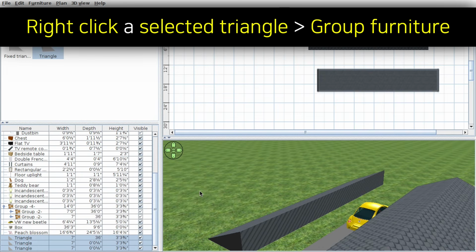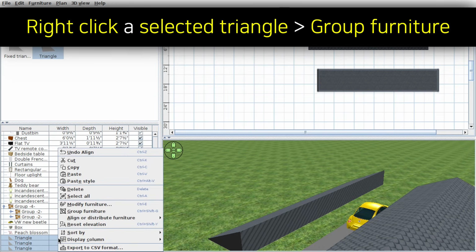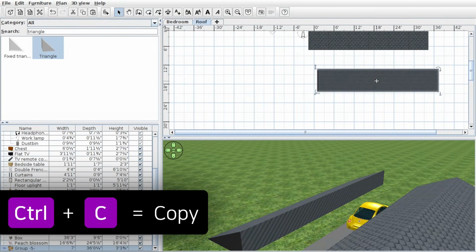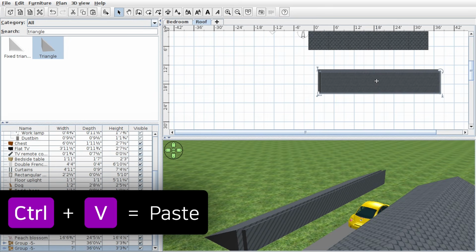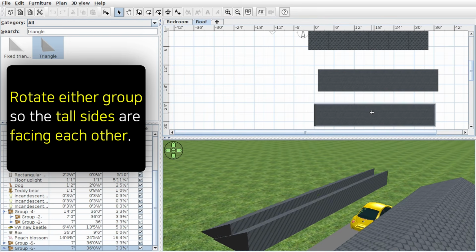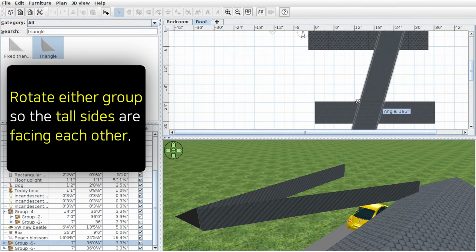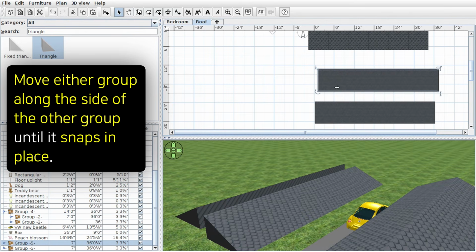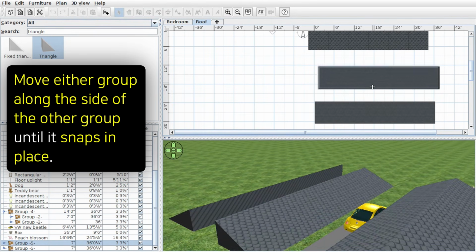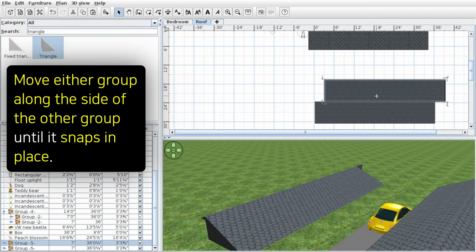Now that the triangles are lined up, we can right-click one of the selected triangles from the furniture list again, and select Group Furniture. With the group of triangles selected, we can do Ctrl+C to copy the group, then do Ctrl+V to paste. In the home plan, we can rotate either group of triangles so that the tall sides are facing each other. From here, we can then move either group so it snaps along the side of the other